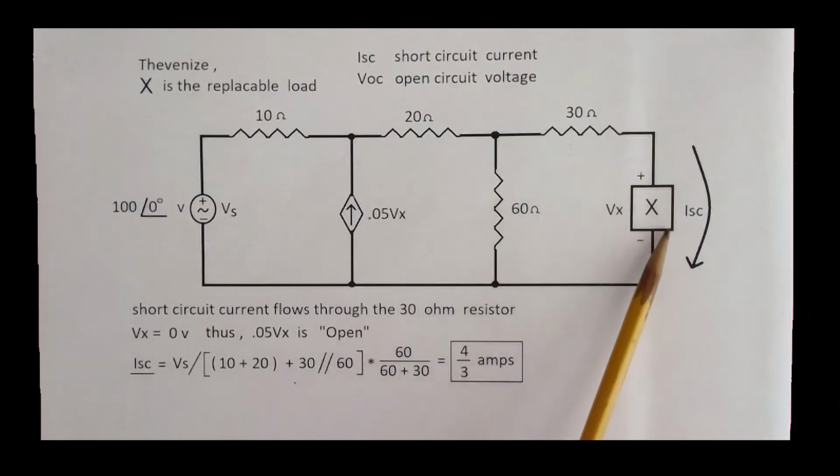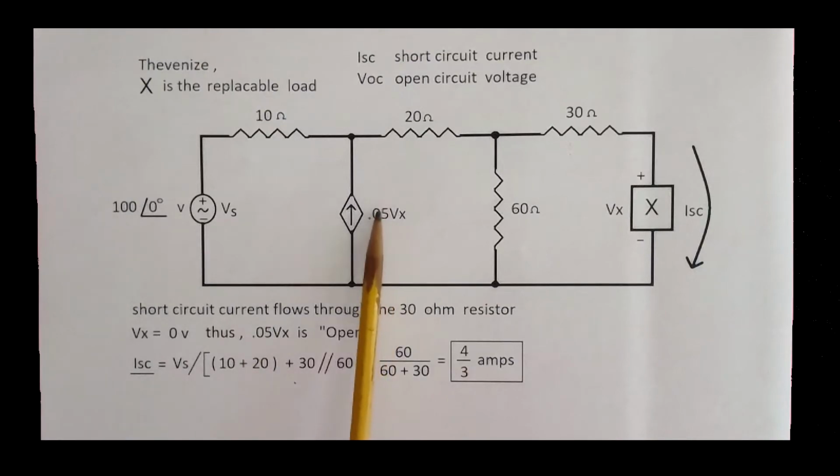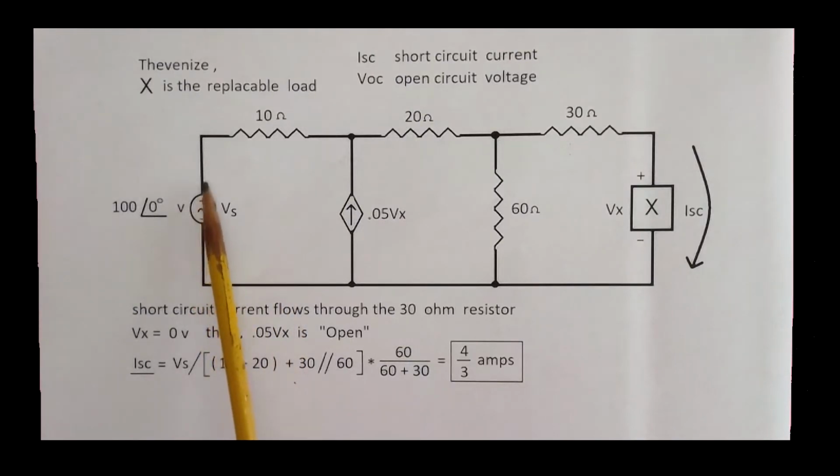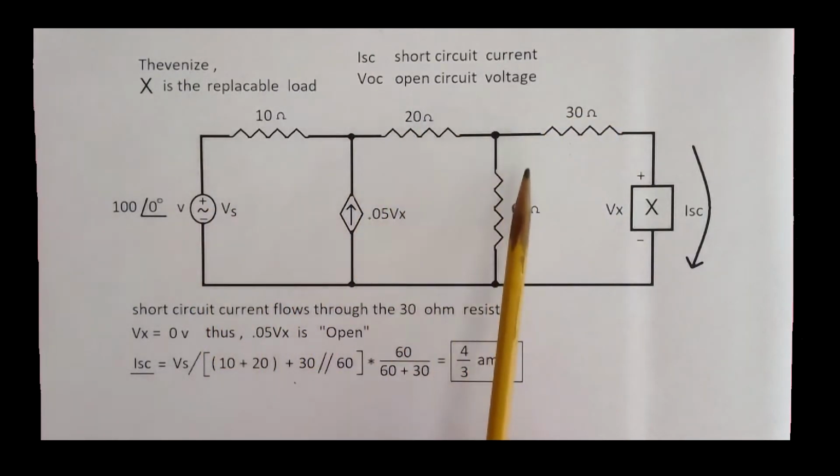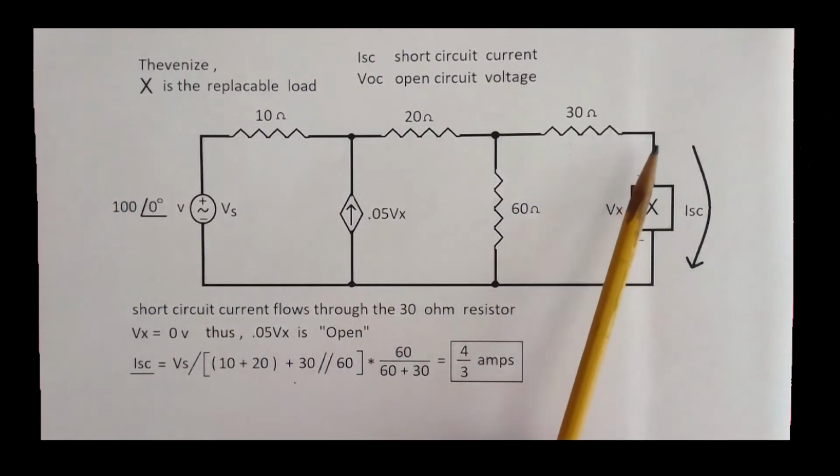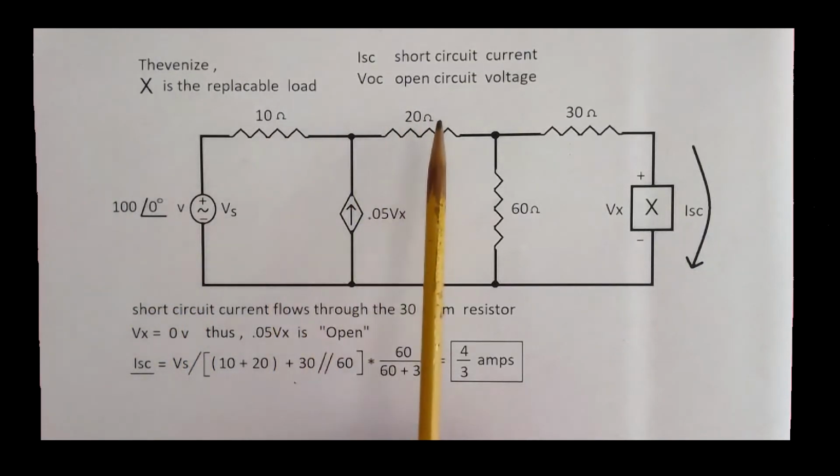Because this is now shorted, Vx is 0 volts, thus 0.05 Vx is 0. This current source is 0 because it's a current source and it's off, 0 amps. It's open, so all we have is these 2 loops. So the short circuit current is going to be source voltage divided by 10 plus 20,